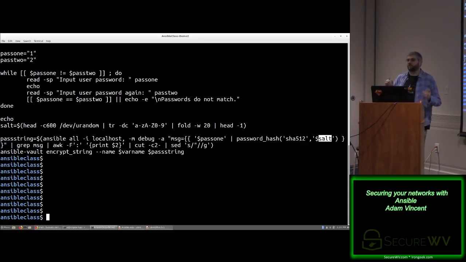Let's go crazy. You don't have to pass it a salt, but I highly recommend you pass your password hash a salt. From this, we know that it's going to be random character values. We're really confident that there's actually random salt instead of predictable salt. Makes your password stronger. The rest of this, because it's an Ansible command, is printing back